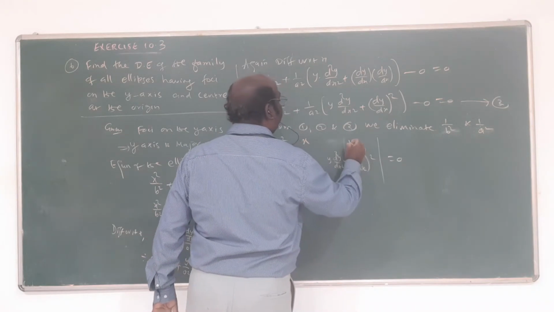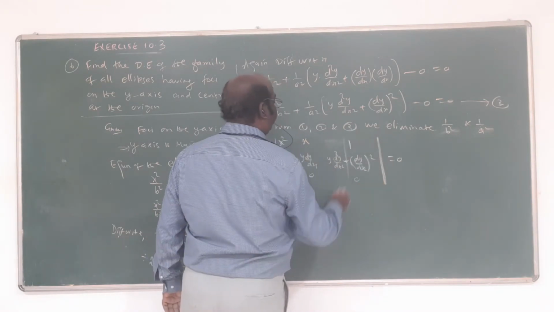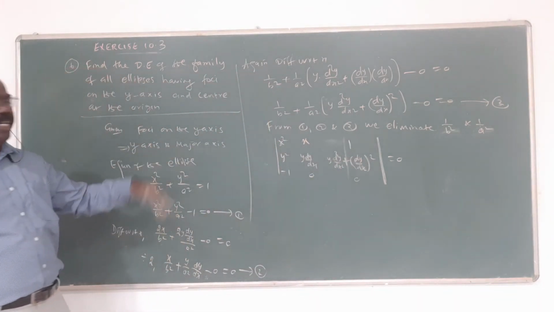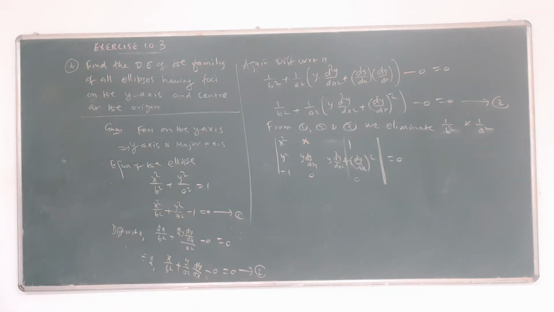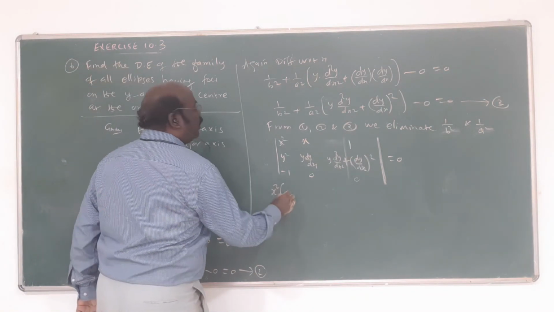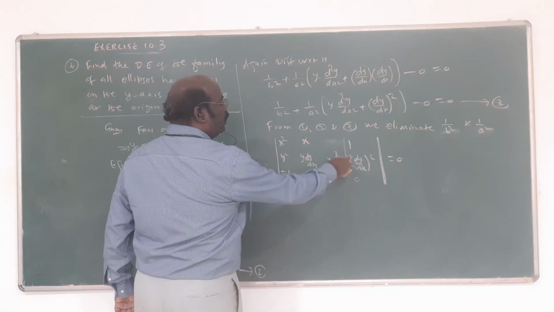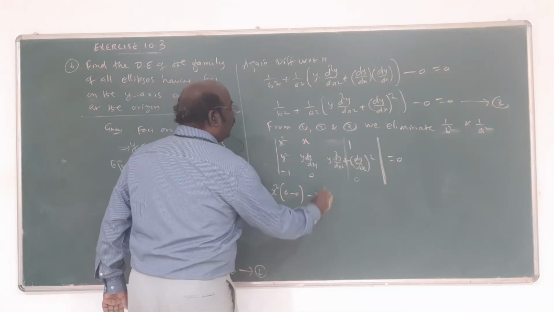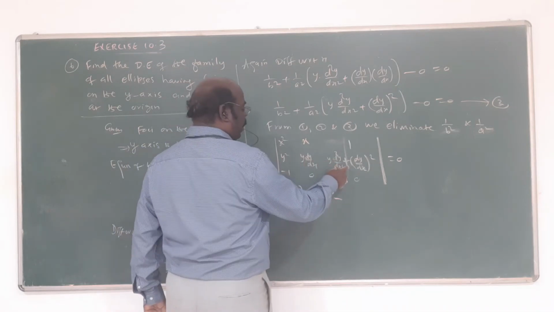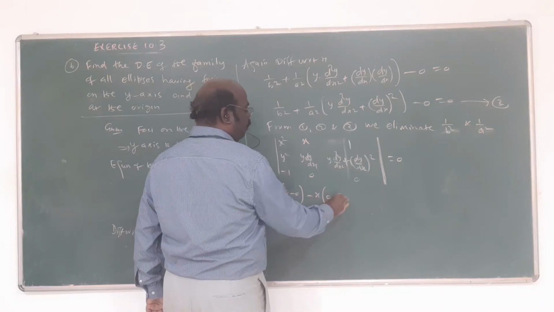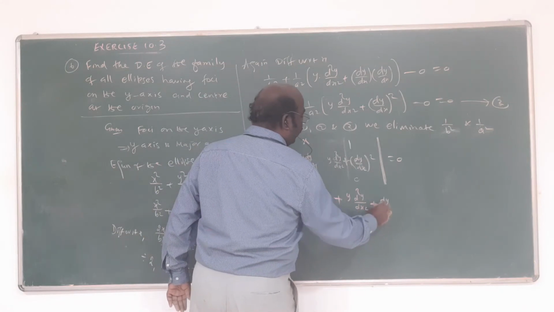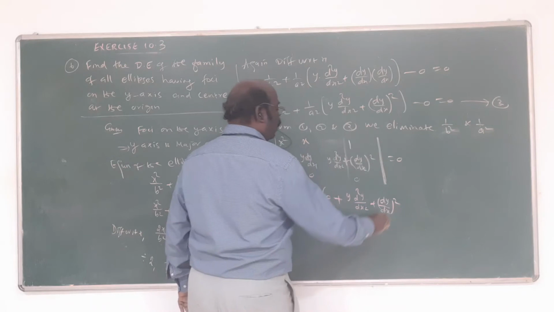Now expand the determinant and we get the answer. This is an easy method for you: eliminate the denominators, b square divided by b square. That's why we eliminate. The determinant is equal to 0. Now the x part: x square into this is 0, 0 minus 0. Minus x into this, cancel, 0, 0. Minus this into this. Am I correct? But this is minus 1, only minus 1. Plus, into here, y into d square y by dx square plus dy by dx whole square. Am I correct? Close the bracket.